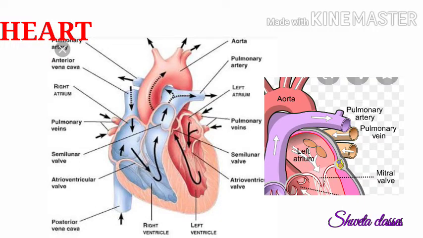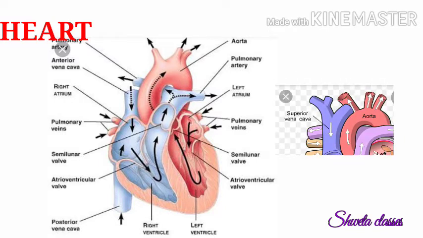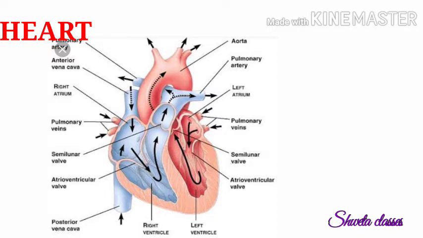The pulmonary artery originates from the right ventricle. The pulmonary vein carries the pure blood from the lungs to the heart. And at the top of the heart, the aorta is present. The aorta is the largest artery in the body. It carries oxygen-filled blood from the heart to different organs in the body. The aorta starts at the heart's left ventricle, reaches upward toward the neck, then curves back downward, extending into the abdomen.